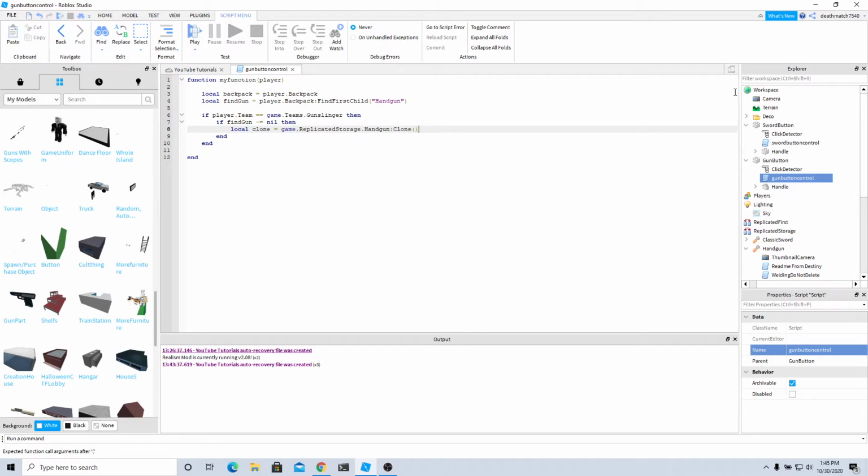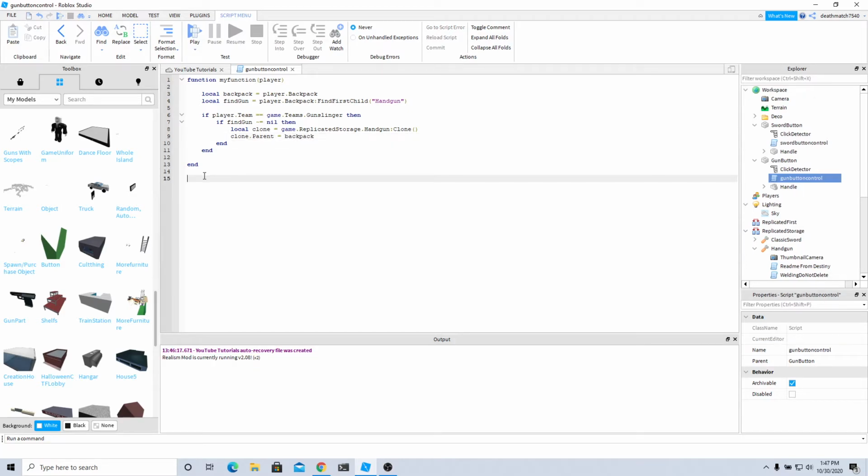Oh, parentheses. There we go. And clone dot parent equals backpack. Next, we are going to want to type script dot parent dot click detector dot mouse click colon connect